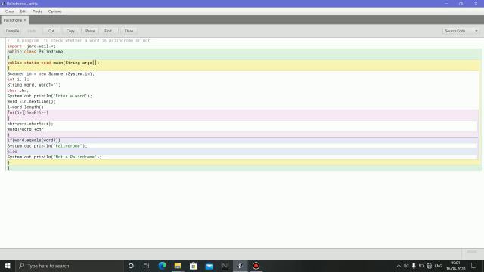Then the loop will start from L. L greater than or equal to 0, I minus minus, because the string is taking out the characters, so it will go on minus minus. It is decrement, not increment, because it is taking out the characters. So the character is equal to word.charAt(I), word1 plus char, then curly bracket. If word equals word1, then palindrome, otherwise not a palindrome.